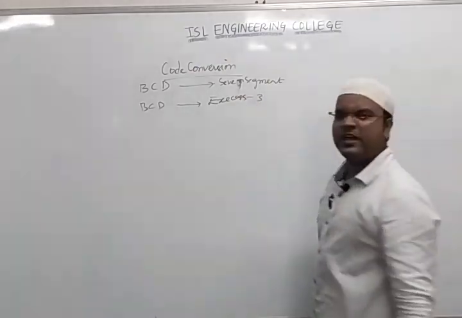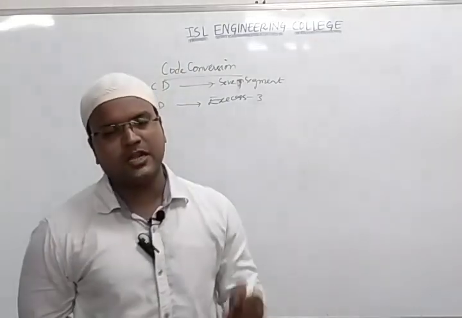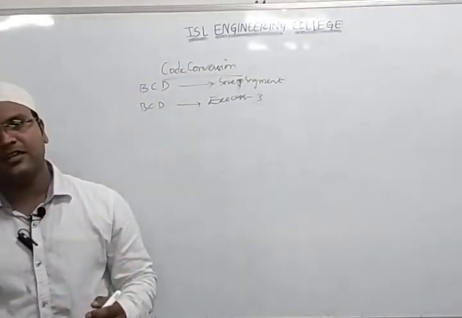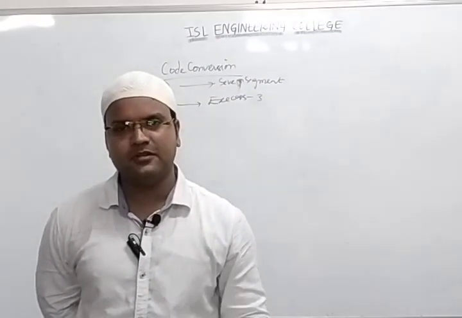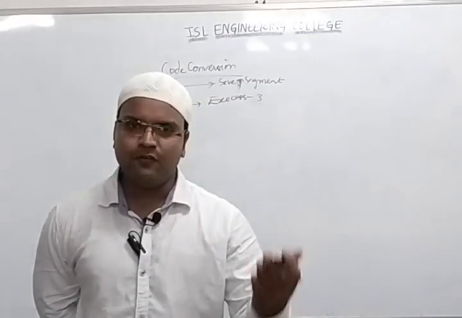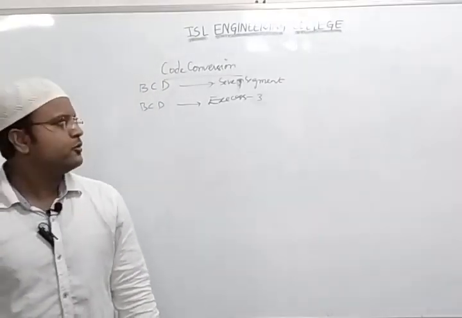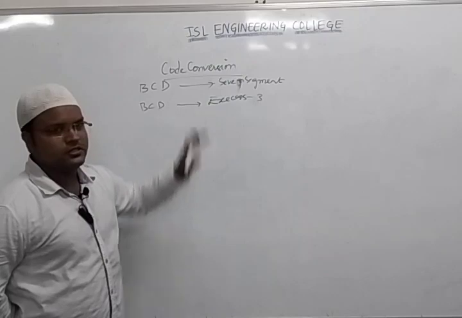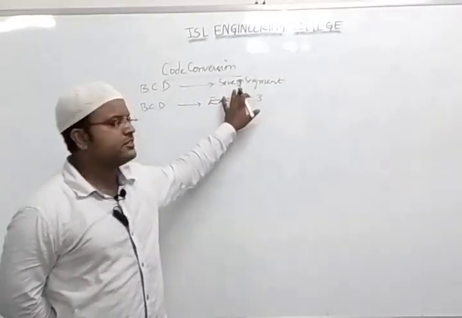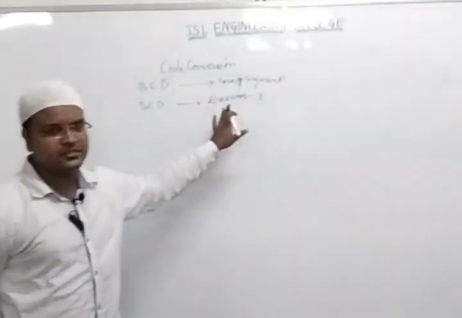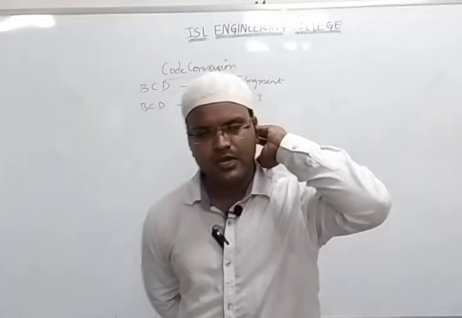What we are actually doing in this is converting our digital numbers. What are the digital number systems? Zeros and ones. It can be binary, octal, decimal, hexadecimal. These are things we already know, and we know how to convert from one particular form into another. Clear? Now in code conversions, as per your syllabus, we consider BCD code to 7 segment and BCD code to Excess 3.